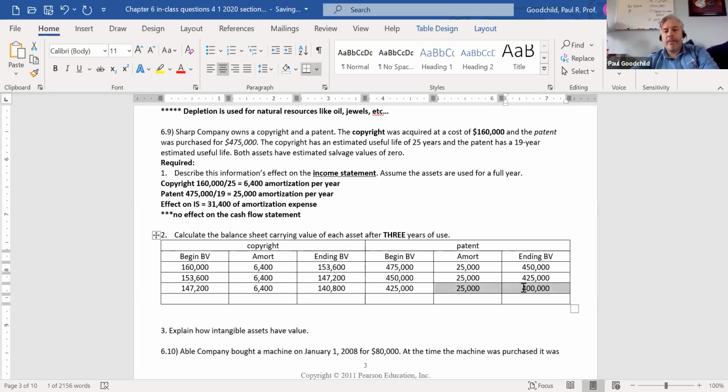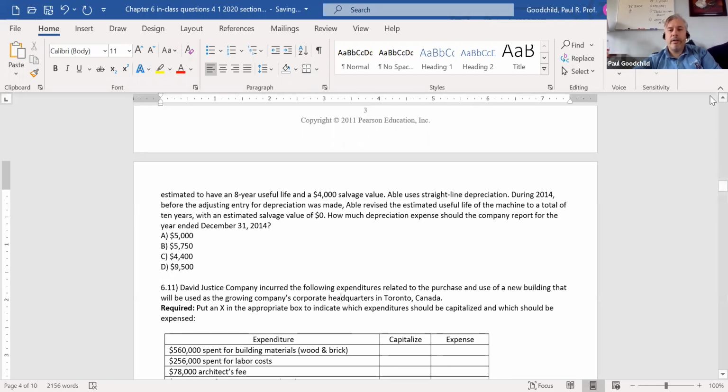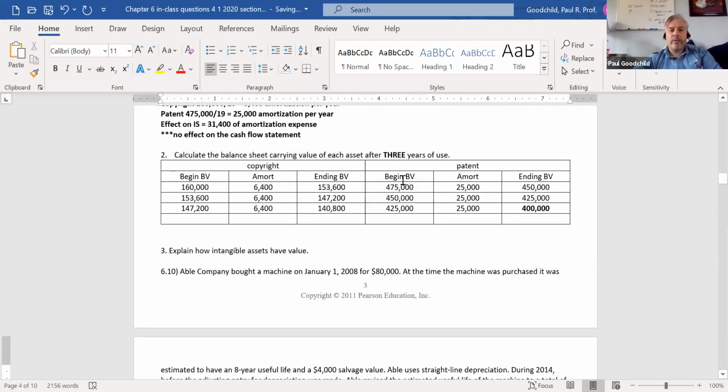So if I did my math correctly, the answer to this question would be 400,000 for the patent and 140,800 for the copyright, if I didn't make a math mistake. Okay. Now,